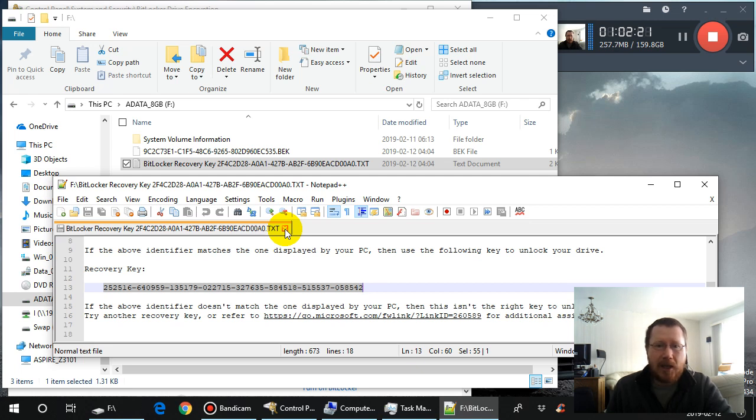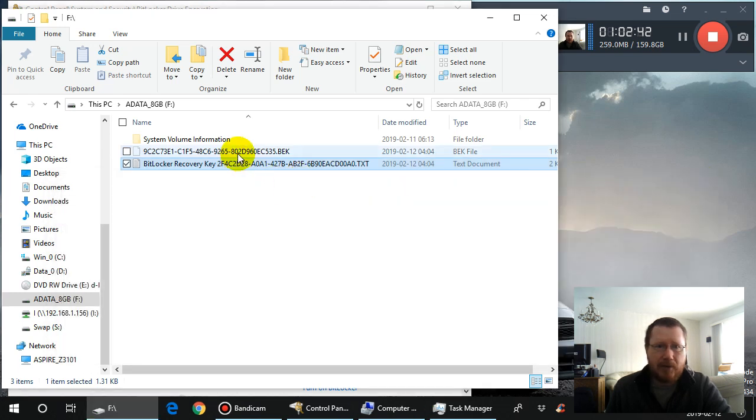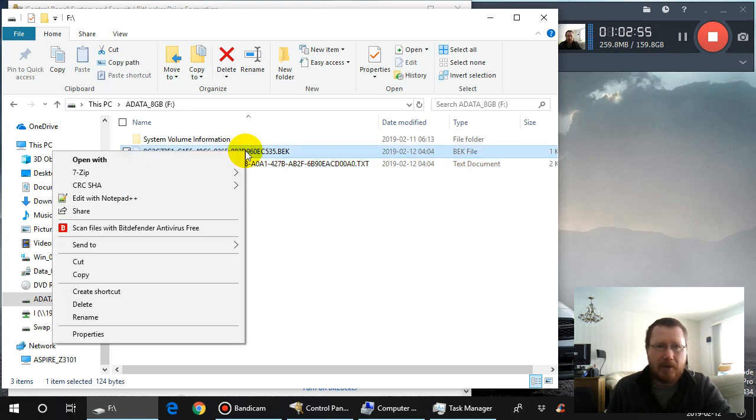They do create a recovery CD, but I believe when you boot up that CD, it still asks you for the password. So it has gone the route of security more than the route of convenience. Now we saw that this recovery key gets saved if you save it on a physical drive, on a fixed drive, but the key file does not. But we use the key file in the command